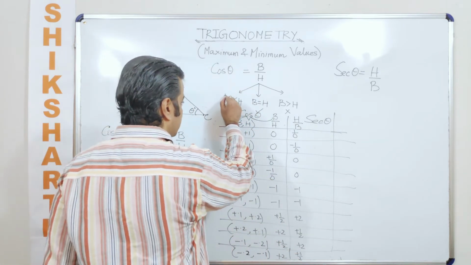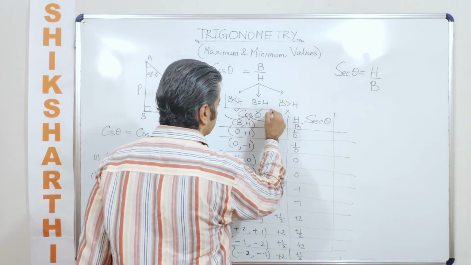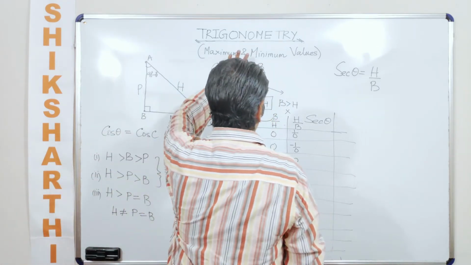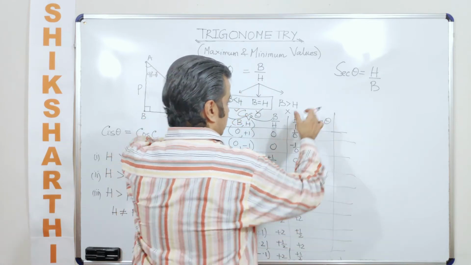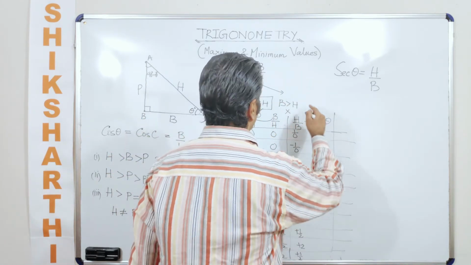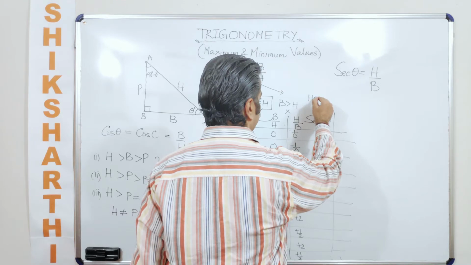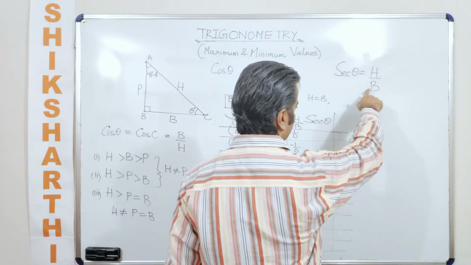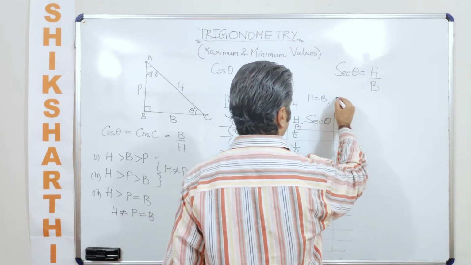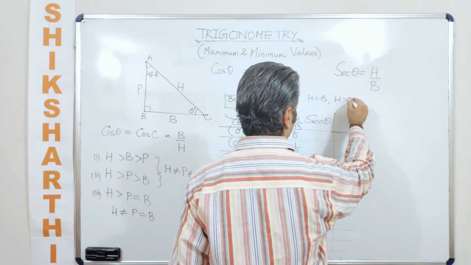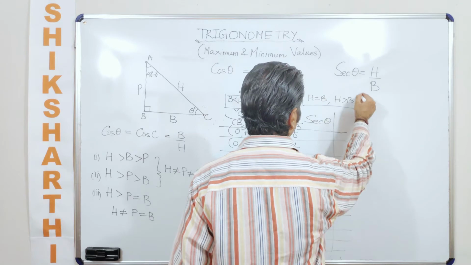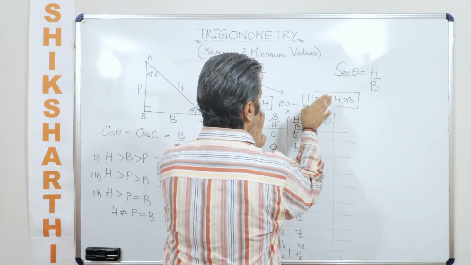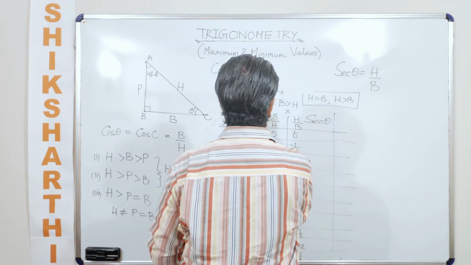Now remember these two conditions. So for cos, for sec, let's find it out. So can we say h is equal to b as a limiting value? Yes. Now we know that h is greater than b, because the hypotenuse is the greatest side among the three. So for both the cases, you will see that h is either greater than b or it is equal to